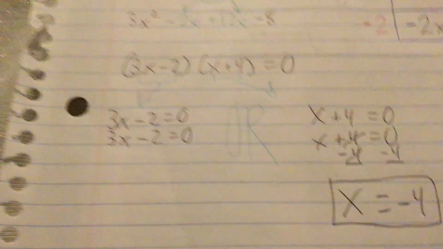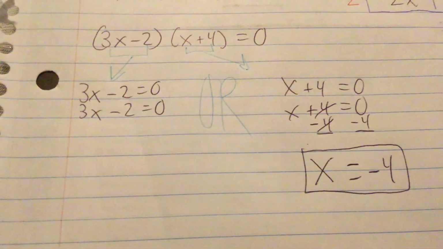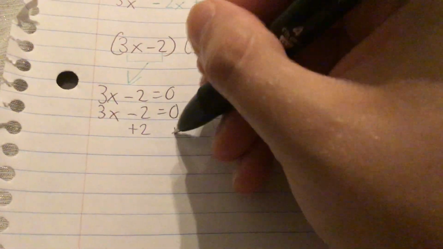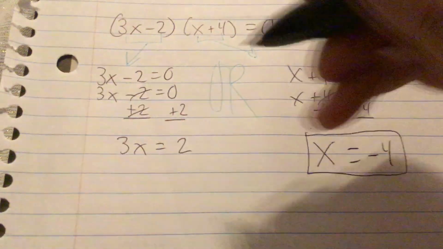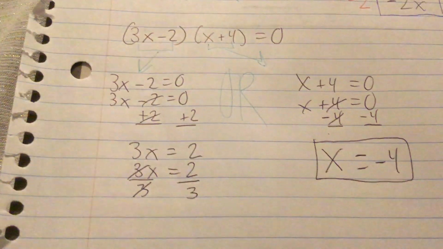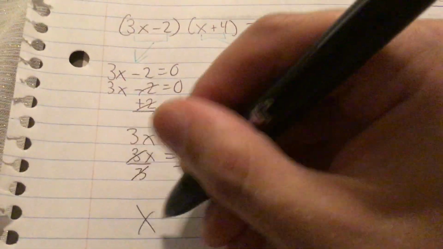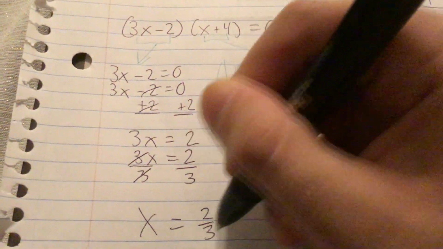Then I'm going to look at the left equation. 3x minus 2 is equal to 0. So I'm going to add 2 on both sides and get 3x is equal to 2. And now I'm going to solve for x, 3x equals 2, by dividing both sides by 3, because that'll cancel it out, leaving me with x equals 2/3,